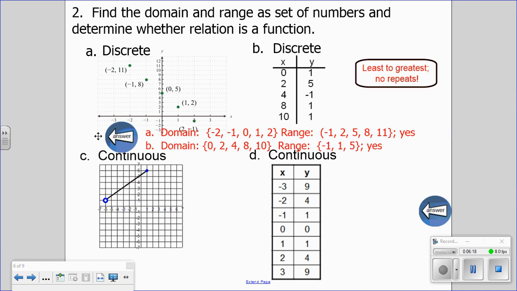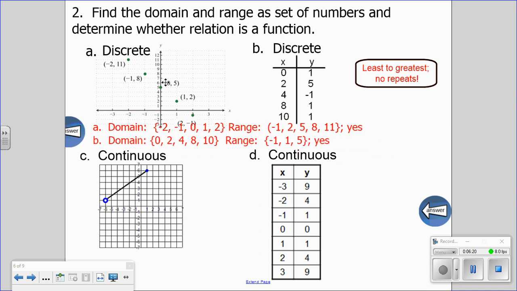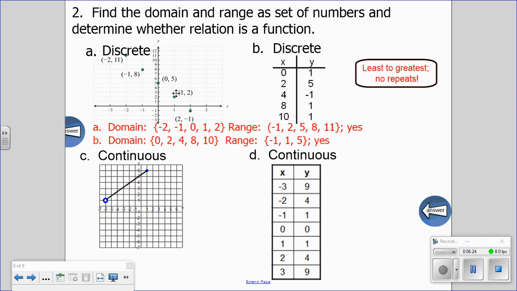So looking at A, our domain, these are all of the x values. So this is -2, -1, 0, 1, and 2. Remember that we are writing them in order. And then we have our range, which is, again, in numerical order, -1, 2, 5, 8, and 11. So this would be our domain, this would be our range, and this is a function because none of the